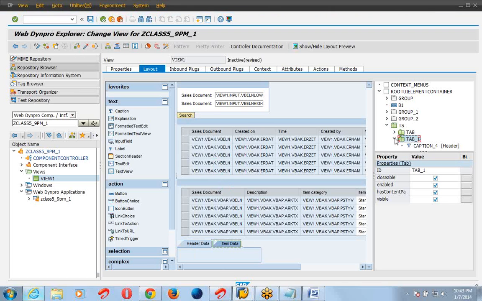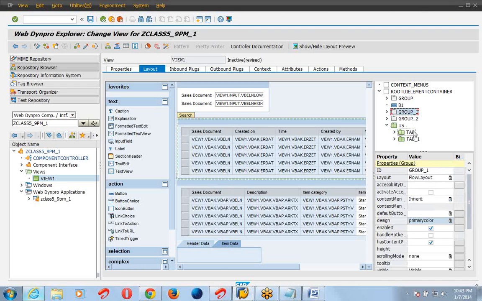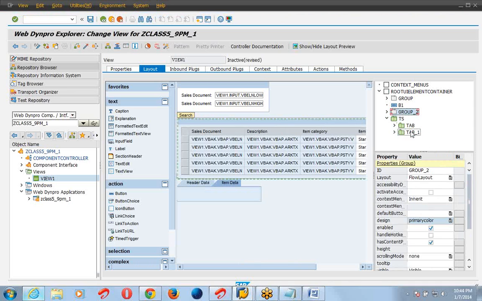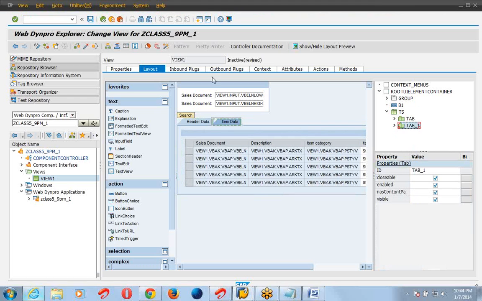We can do it very easily, drag and drop into the first tab and into the second tab. Save it.